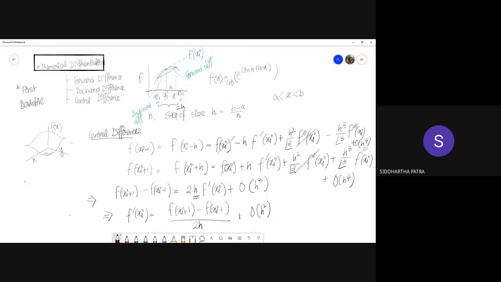And therefore with that you are getting one order higher accuracy. So imagine if h is 0.1. Earlier you were having an error of the order of 0.1 in evaluating the derivative, with forward or backward difference. But with central difference, you are getting accuracy of 0.01. Okay, is it clear up to this part? Yes, sir.